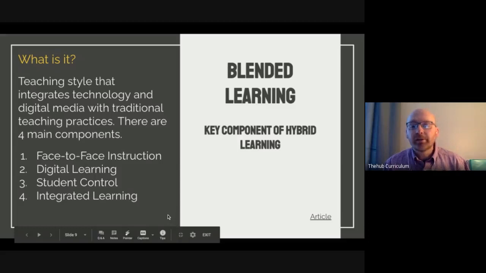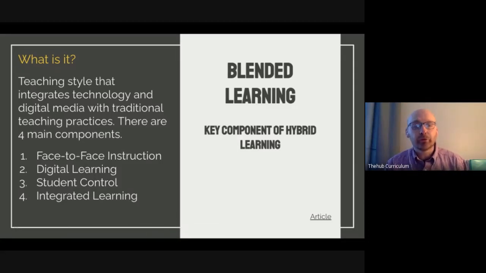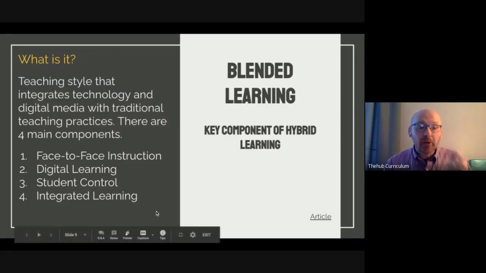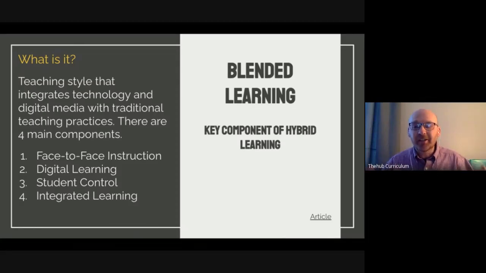Then the second one is that digital learning component. How can we use the digital learning tools to build instruction as well? The third element, to me, I think this is the most difficult, is how do we build in some student control, whether it's over pace, whether it's over a choice of assignments.